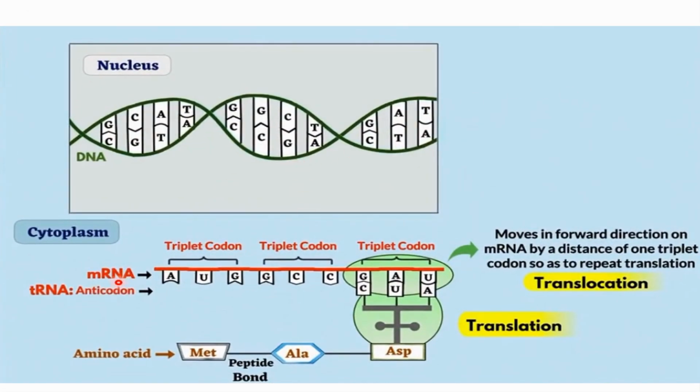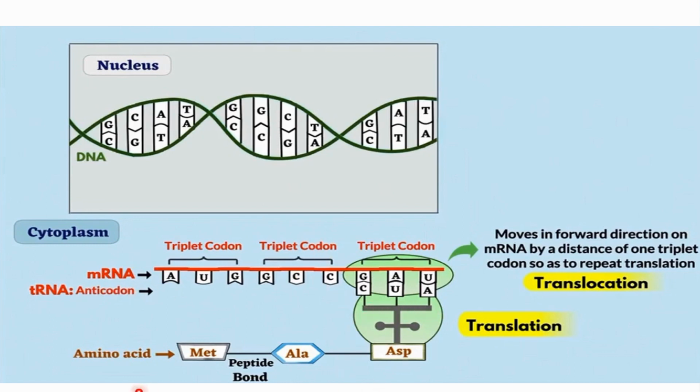Now carefully listen. We have another diagram. From DNA we got that strand over here, and we have mRNA, messenger RNA, with a triplet codon: adenine, guanine, adenine, uracil, guanine, and guanine, cytosine. So this is actually a triplet codon. This triplet codon will transfer the entire information to the other codon over here, and the transformation of information is done by tRNA. mRNA will code and tRNA will anticode.